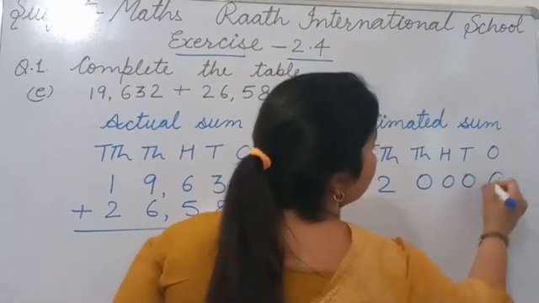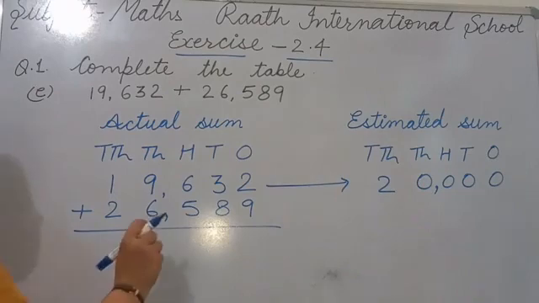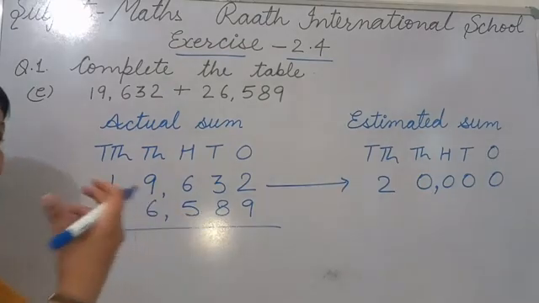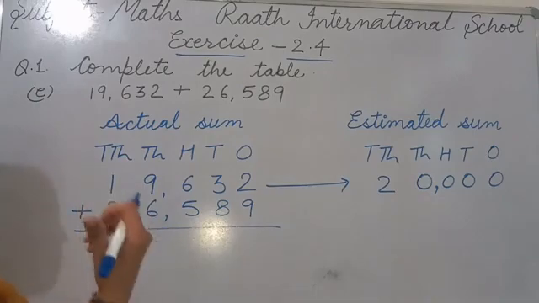100s, tens, ones will be 0. Then next, in the 100s column there is 5. Again it is equal to 5, so we should increase here. So 6 plus 1, 7. So it becomes